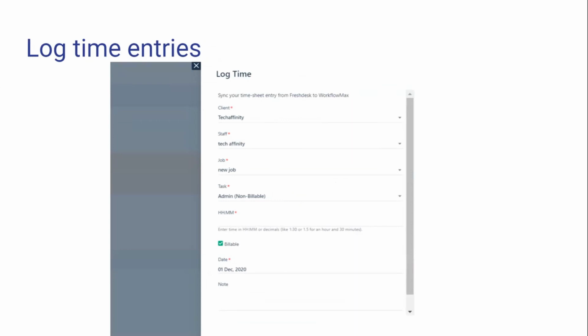When they enter the time entries, it is logged into Workflow Max as well as in Freshdesk. We also keep track of both the Workflow Max time entry ID and the time entry inside Freshdesk, using the data store. We keep the mapping between the time entry and the Workflow Max ID inside the data store.